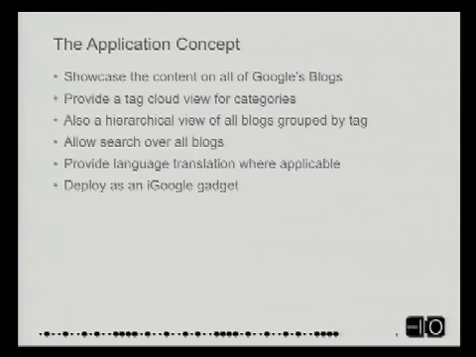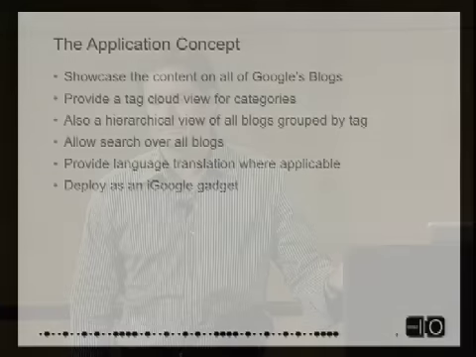So the application concept: corporate came to the team and said, hey, we've got all these blogs that represent Google. I was actually very ignorant about how many blogs we actually have. I said, well, we've got 5, 10, and they said, no, we've got hundreds of blogs. We were wondering if we could showcase these blogs in a way where it was a simple UI, showing everything that's going on through the Google blogosphere, so to speak. People can search, can categorize things like that. So we brainstormed for a while. And again, this is a prototype. You might not ever see it in the wild, but it does run.